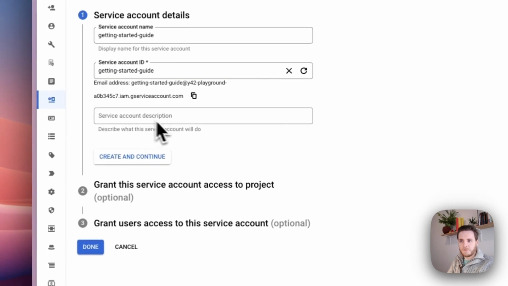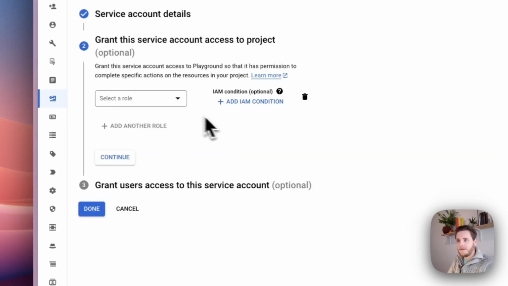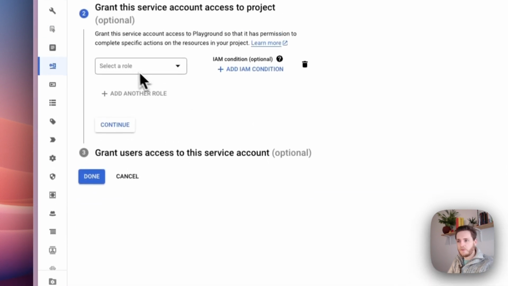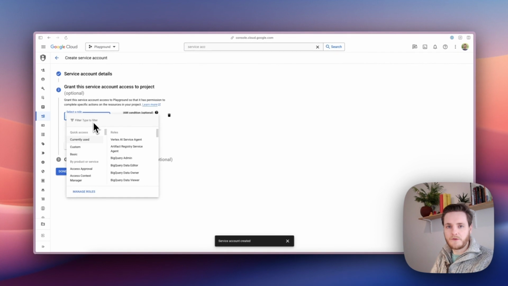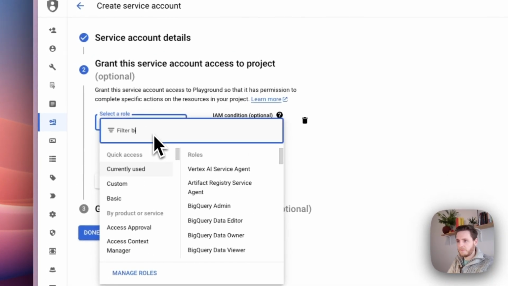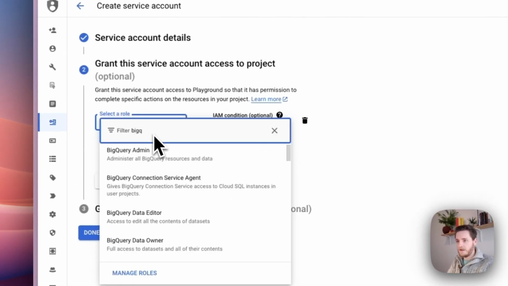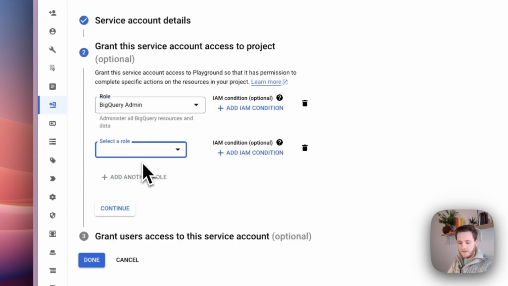You can provide a sensible service account description here or just hit create and continue. And now the service account will need a few roles. So if you would like to use fine-grained access control, please refer to our docs where you can find an example of the precise permissions that the service account will need. But otherwise, the permissions will be covered with the following default roles: BigQuery admin,